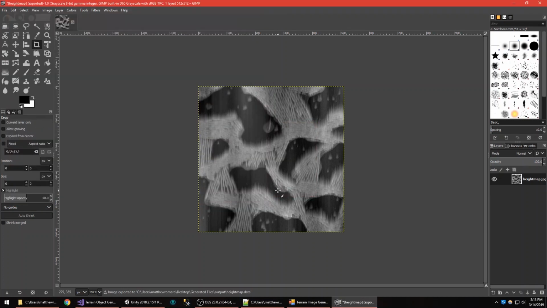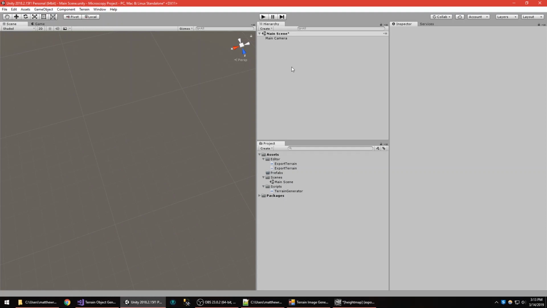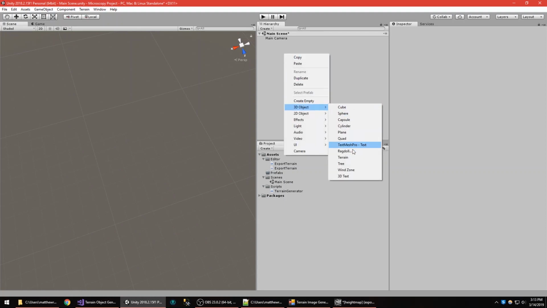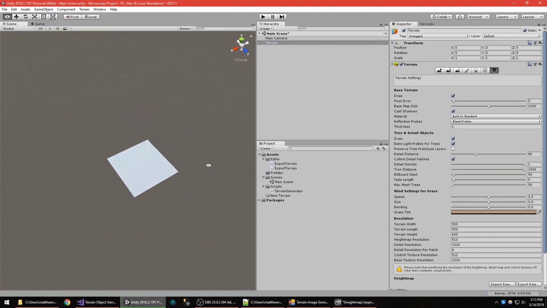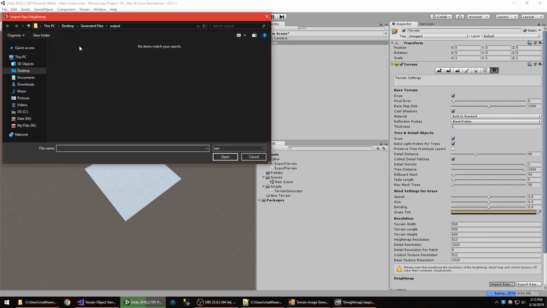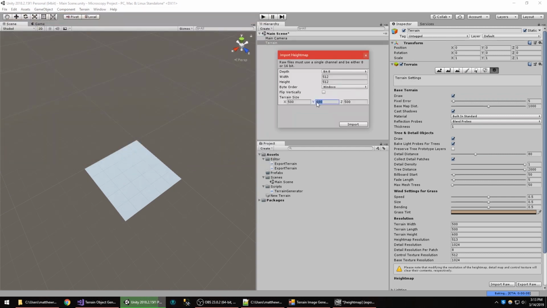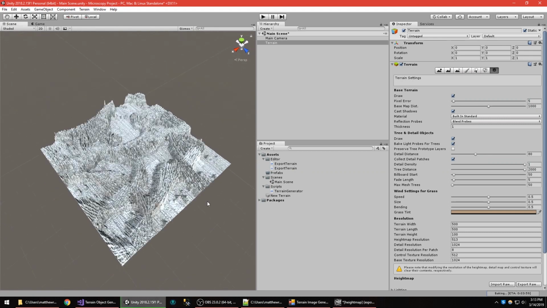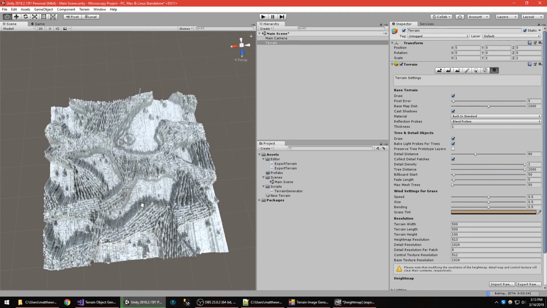Once that's done, we can switch over to Unity, and now we want to create a 3D terrain. So now that we have our terrain, it's just a flat plane. So to apply our data that we just created, we click Import Raw, and select the data we just created. I will set the height to 100 because 600 is pretty high, and here's our data, represented as a 3D